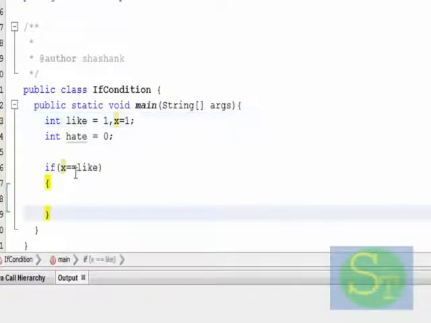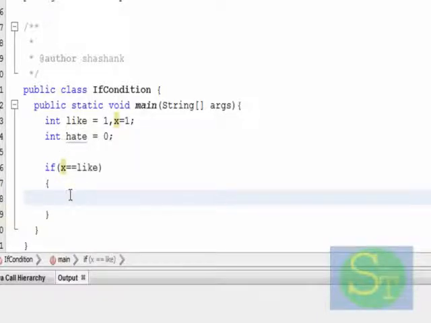So here the if condition starts with an if and a pair of parentheses. A statement is inside the parentheses. If it says if x equal to like, that means if the value of x is equal to the value of like, then execute the statements in between.